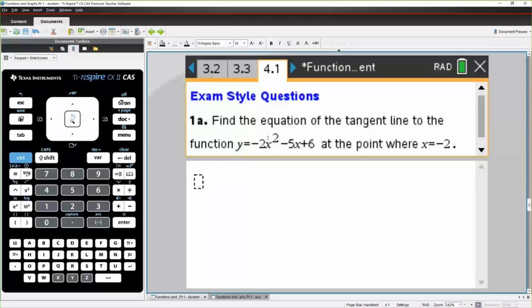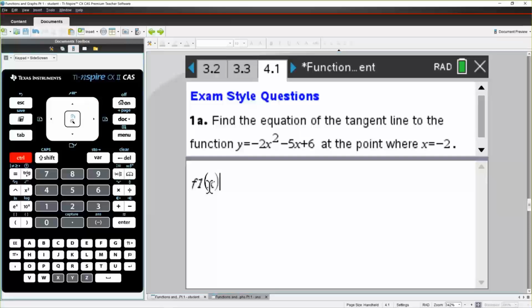Okay, now we're on to a couple of exam-style questions. Find the equation of the tangent line to the function y equals minus 2x squared minus 5x plus 6 at the point where x equals minus 2. So we could define our function. This time, when I define it, I'm going to go F1, and put an x in there, and I'm going to use the assign key. So control of the template, assign key,